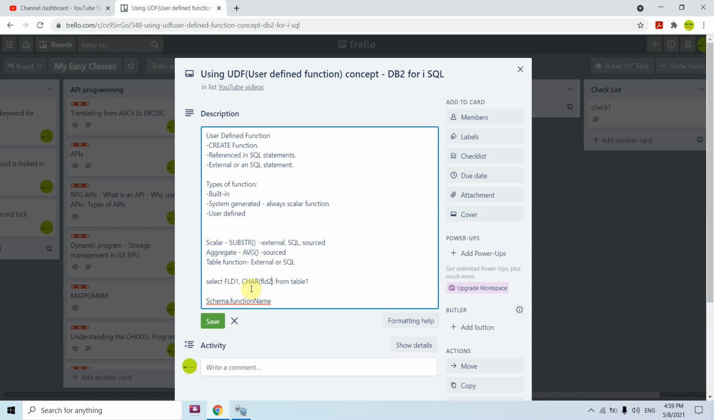So the same way you will be creating your function and you will be using your function in your SQL statements. So basically you can reference your SQL user defined function in the SQL statements, and you can run them,